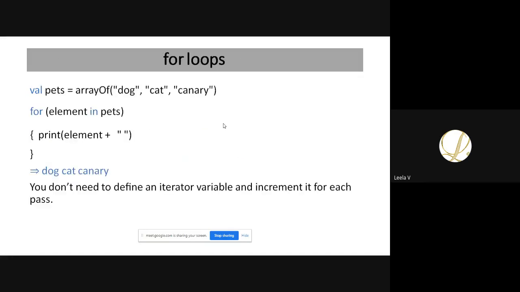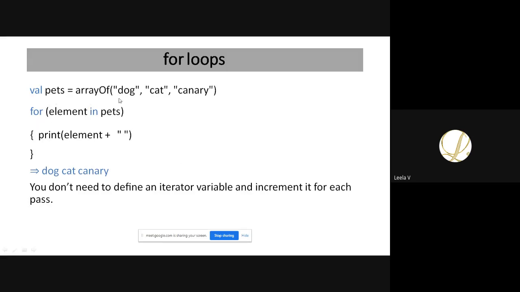And the next thing is the for loops. In Kotlin there is no traditional for loop as in Java and other languages. Here we can use the for loop to iterate anything that will give you an iterator. For example, you can use ranges, maps or arrays, because those will give you an iterator. So you can use those things for doing iterations in a for loop.